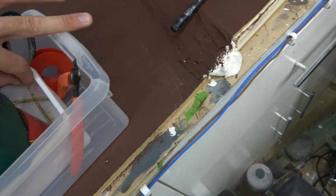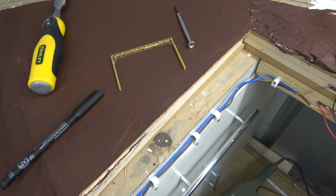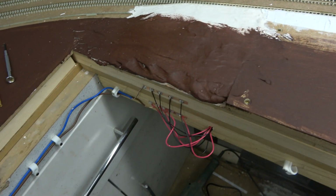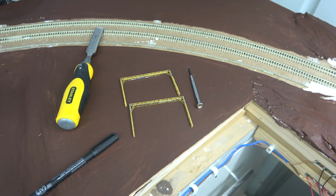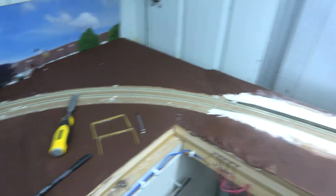I've assembled 2 of the gantries which I had from N brass. They'll just stretch the span of the platform to form the overhead lines. I'm not going to bother with the A-frames or the support pulleys because I'm virtually never going to use these again, so I'm not going to go into too much detail with them. I'll just paint them silver, give them a little bit of weathering, and then they can sit on there nicely